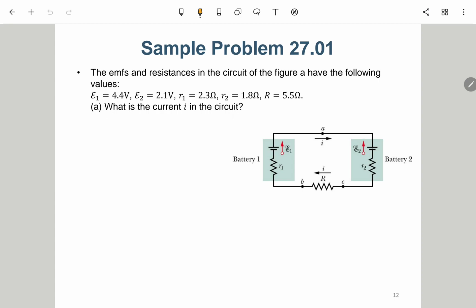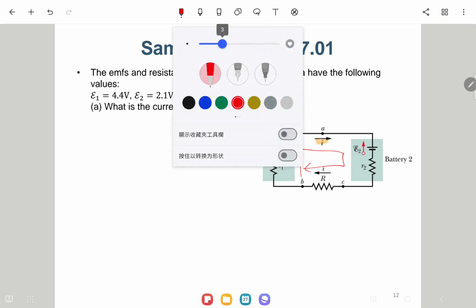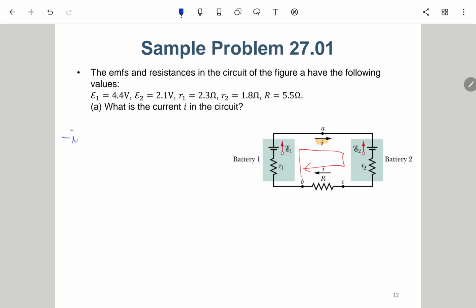Okay, so here it already defined the direction of I like this. So we can try going around this in the clockwise direction. Let's say we start from this point B. We go through R1, so here we have a negative I R1, and then going through this EMF 1, the battery 1. This is E1, so this is low, this is high, so we should add E1,